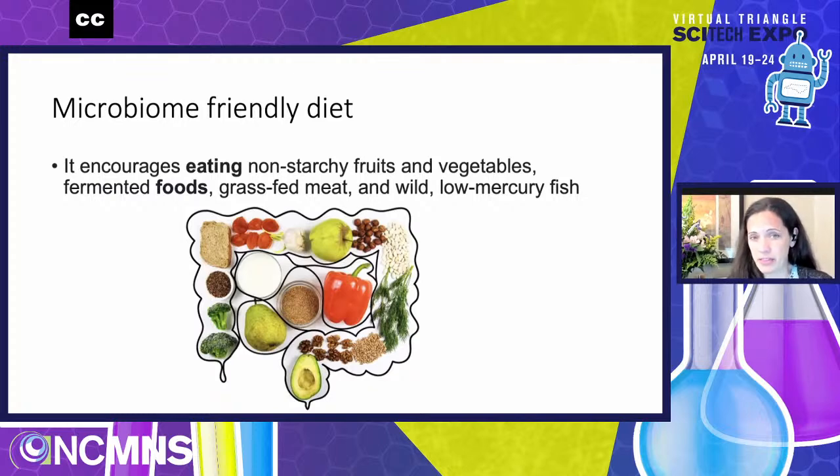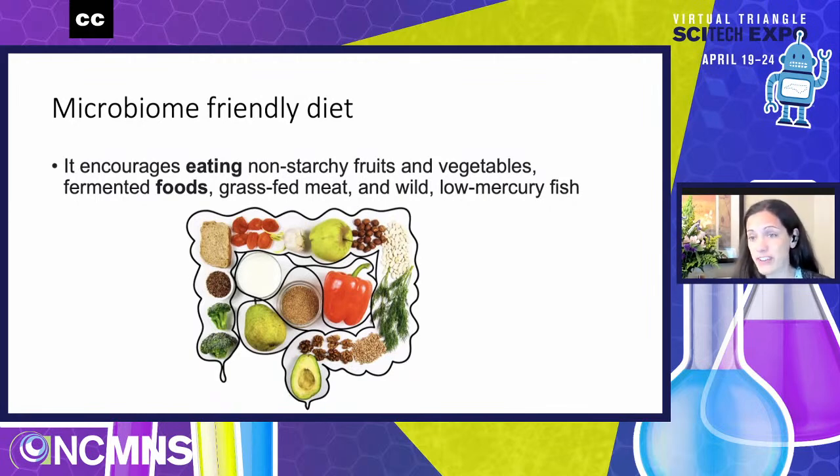Non-starchy fruits might be things like tomatoes, avocados. Apples are a little starchy, but they have some things in them that help slow it down, as opposed to really starchy and sugary fruits like mango, pineapple, papaya, my favorite. Not that those things are bad foods or that you shouldn't eat them, but they do end up having a lot of sugar in them.